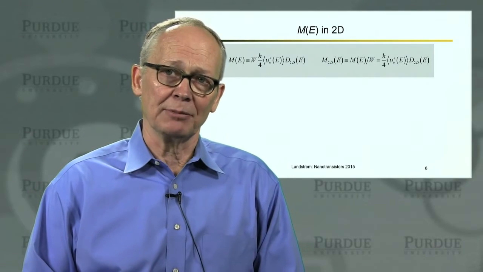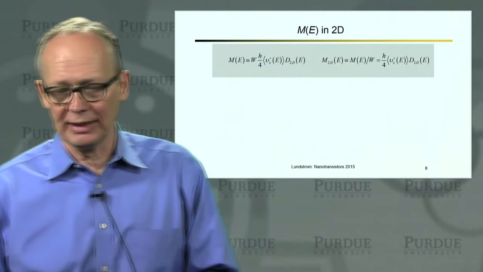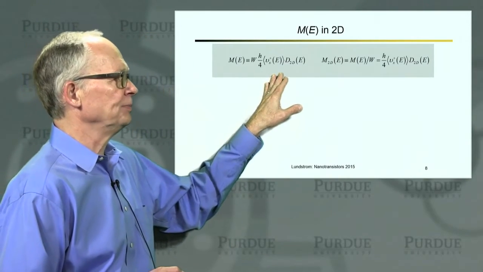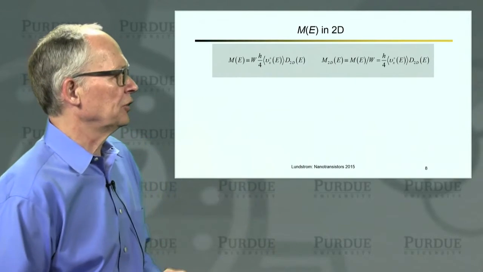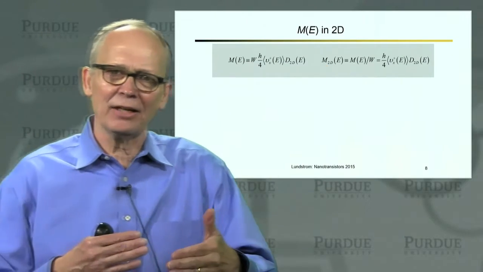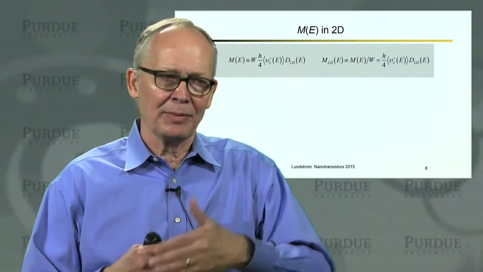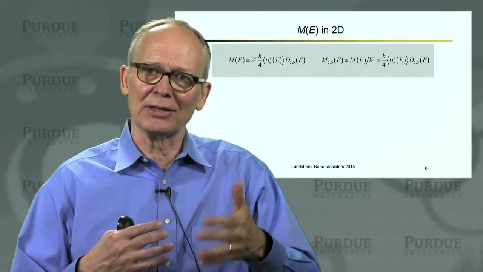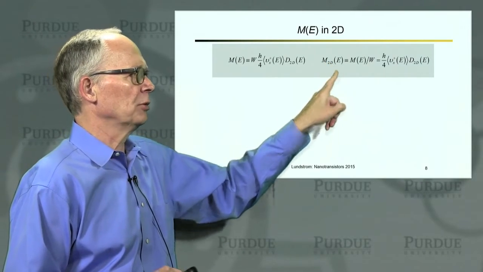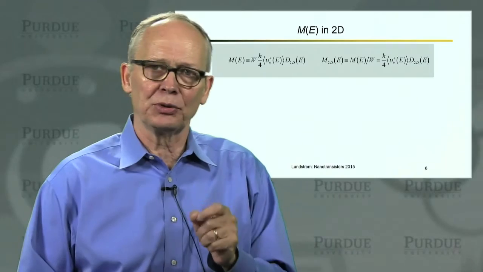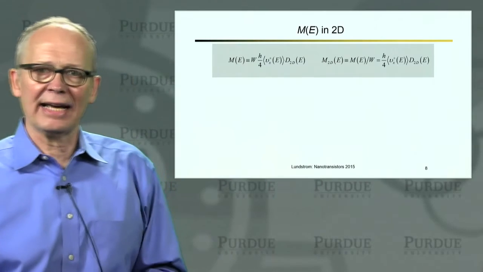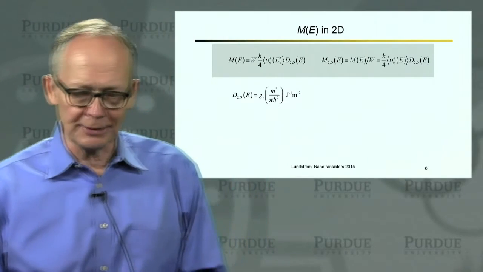So let's do M in 2D because we're going to need it in 2D when we evaluate the Landauer approach for MOSFETs. So here's our expression for M. In order to do this in 2D, I'm going to define some quantity. It's going to scale with width for large devices. If I make it twice as wide, I'll have twice as many channels for current to flow. So I'll take M and divide it by W, and I'll call M sub 2D the number of channels per unit width. All right, so then I just lose the W in my expression. This is the quantity that I have to evaluate, and then I'll know M sub 2D.